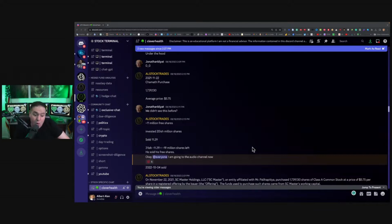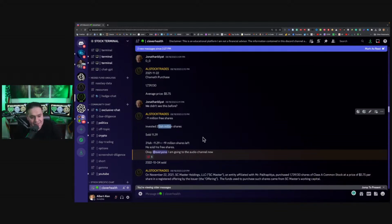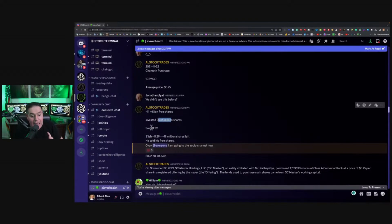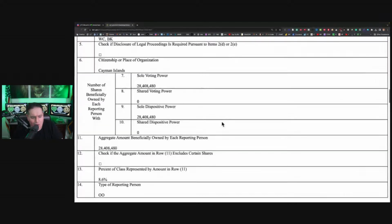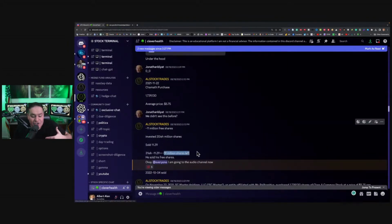Okay. So overall, Chamath has been given 11 million shares and invested in 20-ish million shares, right? Which is right around the ballpark of the area here. However, he sold 11.29 million shares. Essentially, his free shares he sold at around the $2-ish region, which I'm sure if you look at the SEC filing, which is right here, and then there's another SEC filing, you can see all the numbers in the due diligence. But to sum it up, he still owns 19 million shares left, or at least that's what we think,